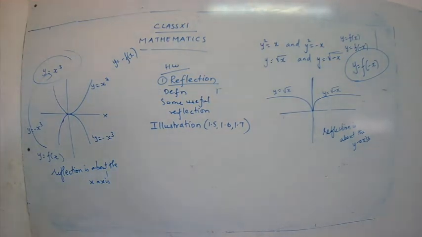What was the type? Y is equal to f inverse x is the reflection of the graph of f in y is equal to x. So that one example we can say. And here they have given you one more example. What's the example given here? Yes, y is equal to e raised to x and y is equal to log x to the base e. So let's see how this graph goes.